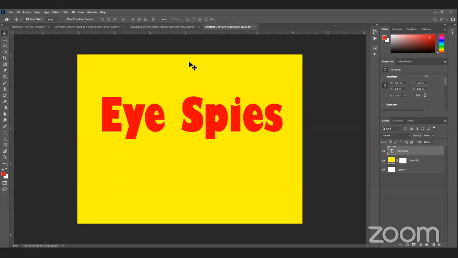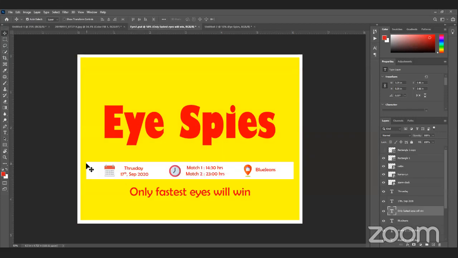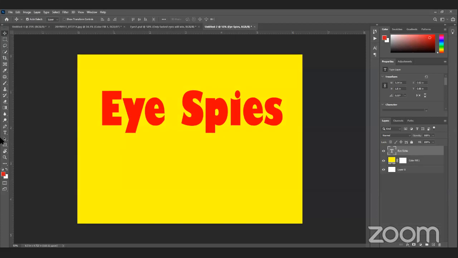And now the date, time, and location. These are the three things you have to make sure are going well and are clearly visible to the audience. So what I did, I created this rectangle. We'll create a rectangle here. We did it yesterday too. Yes, it is centered. I can see this pink line, which is an auto guide.